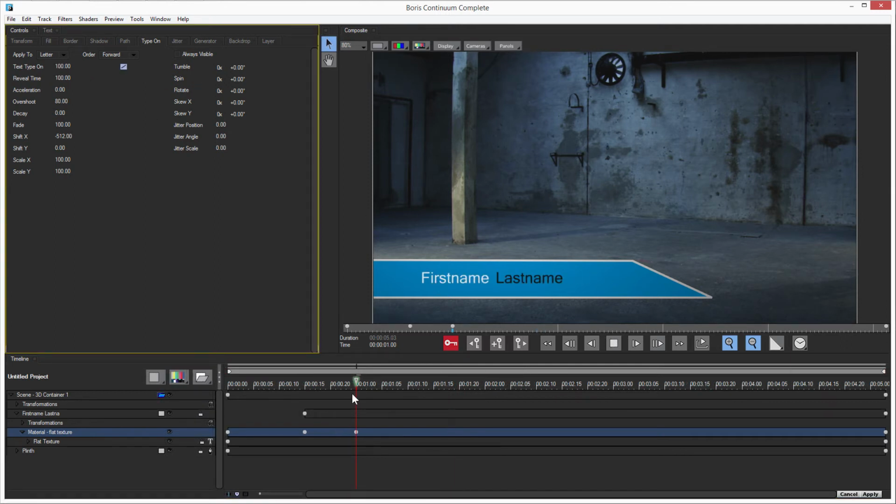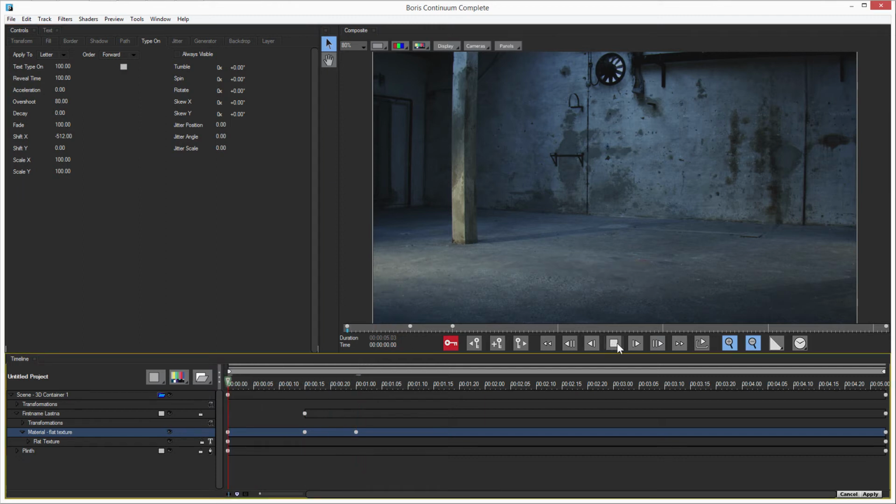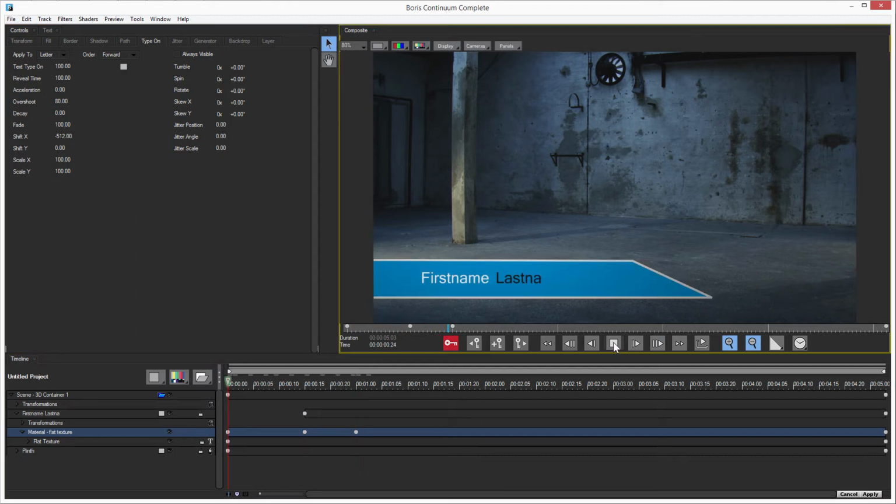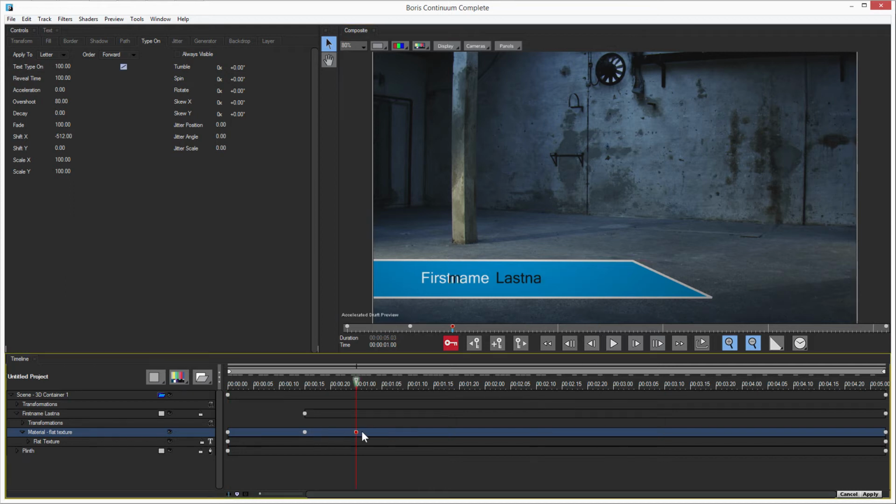So bring that into there. Let's play that through. Just going a bit too fast for us to see it, so we'll animate it over a bit of a longer time. And before I play this back, it's a good time now to have a look at these other two buttons